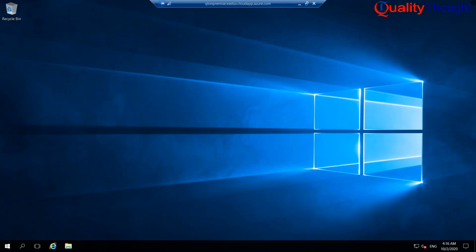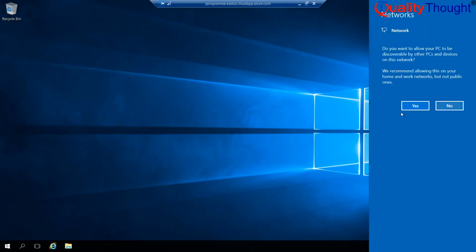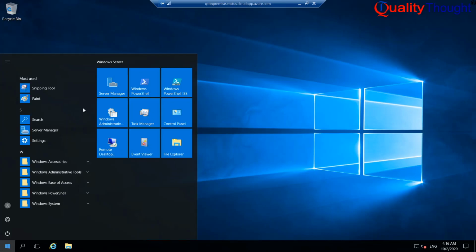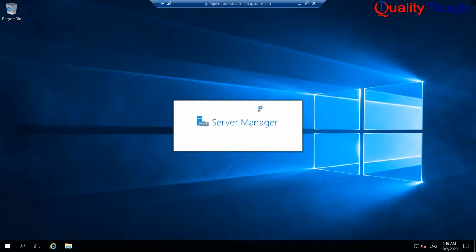We are logged into the server. The server has been created, and let me launch the server manager. In this server manager, we can enable Hyper-V.